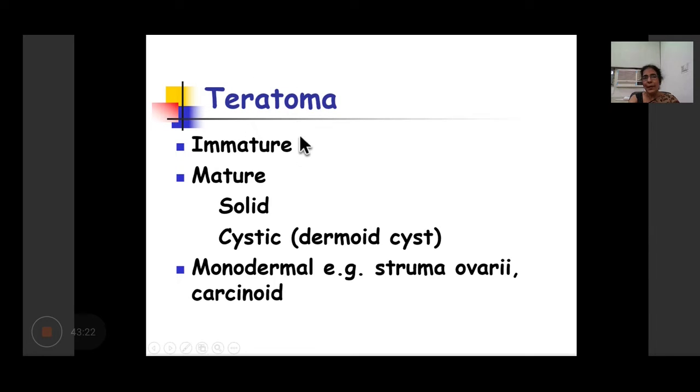Fine. So to subclassify teratoma, teratoma can show all mature tissues of the three germ layers, when we call it a mature teratoma. If it is showing immature structures of the endoderm, mesoderm or ectoderm, we call it immature teratoma. And if it shows predominantly only one type of structure, like only thyroid tissue is present, then we call it struma ovarii. Or if it is forming only one type of cancer, then we call it a carcinoma. I know it is a little confusing.